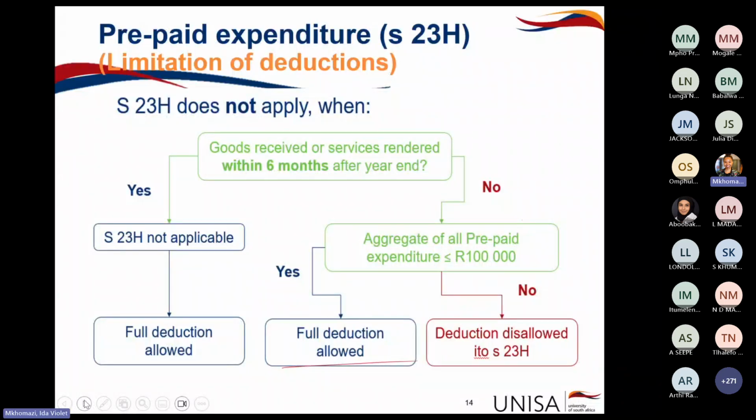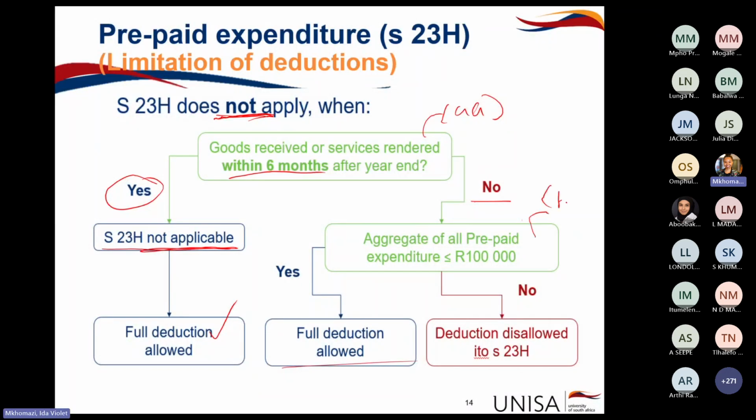This slide here is a nice decision tree that summarizes the provisos of when Section 23H does not apply. The first one is Proviso AA in Section 23H. It says that you need to ask yourself whether the goods or the services will be rendered within 6 months after year end. If your answer is yes, then Section 23H does not apply, and you can get a full deduction. However, if the answer is no,